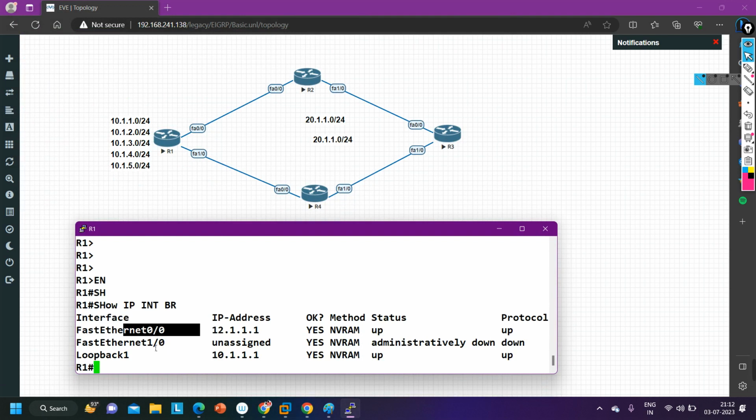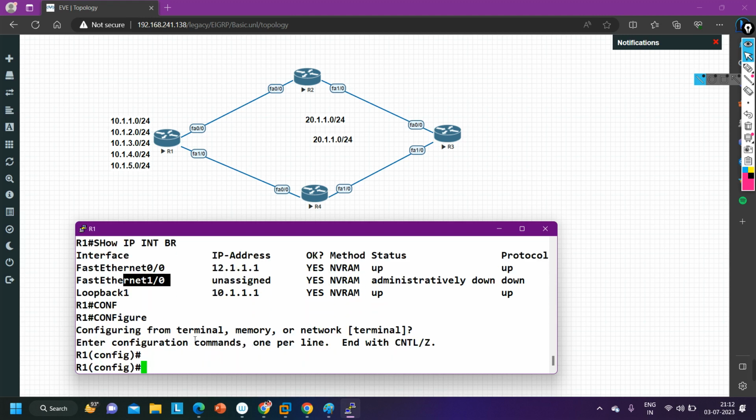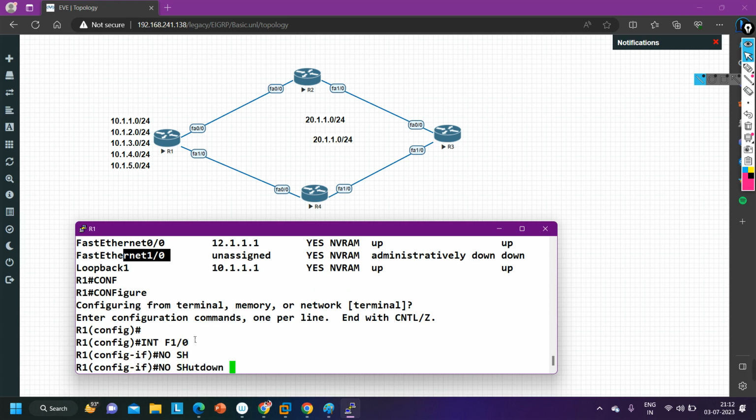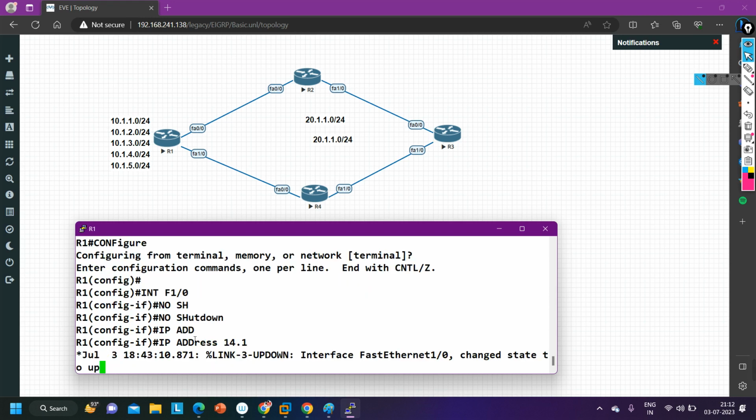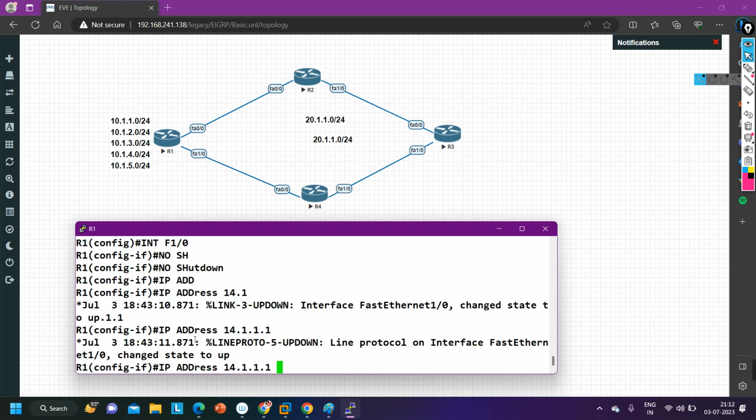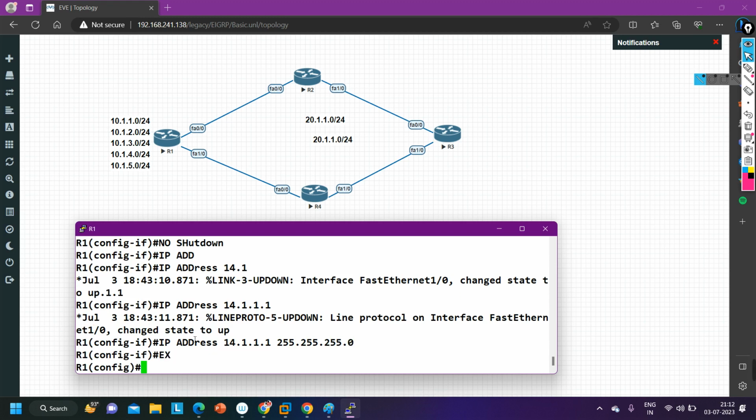Show IP interface brief. We have one IP address on F0/0, and F1/0 and the loopback interfaces are not configured. Let me configure interface F1/0, no shut. The IP address is 14.1.1.1, 255.255.255.0.